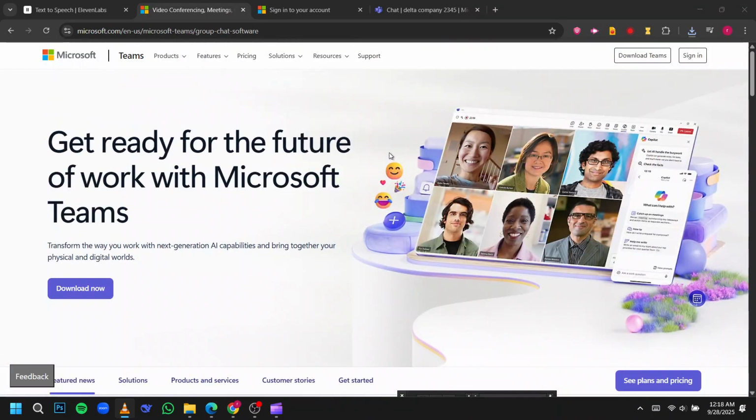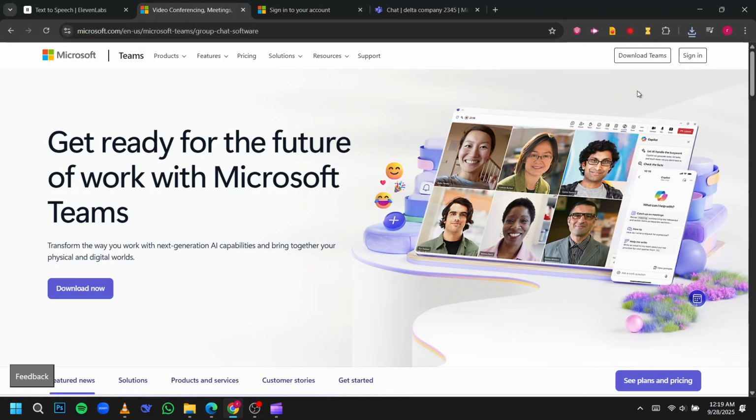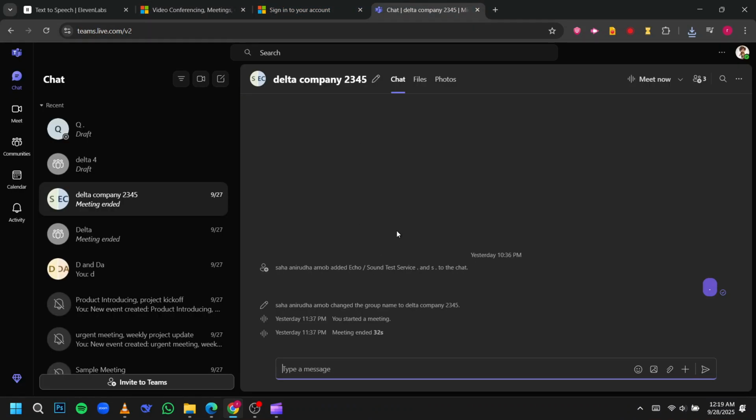First, make sure you're signed into your Microsoft Teams account so you have full access to your chats and files. If you're unsure how to log in, just visit the Teams portal and enter your details. Once you're signed in, you'll be welcomed by the familiar Teams interface, your hub for communication and collaboration, complete with